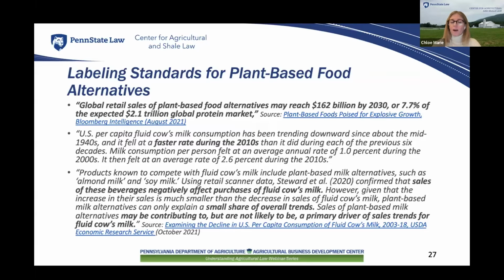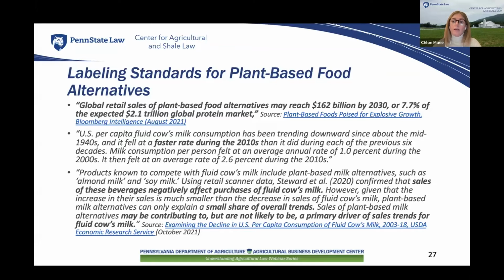Okay, so now I would like to talk about the government efforts currently put into regulating the labeling of plant-based food and beverages that are marketed as alternatives to traditional food and drink options. So in recent years, we all probably noticed the progressive mass arrival of plant-based food products on our grocery store shelves. For some of us, these products have even become part of our day-to-day diets. And according to a 2021 report issued by Bloomberg Intelligence, global retail sales of plant-based food alternatives may reach 1.62 billion by 2030,